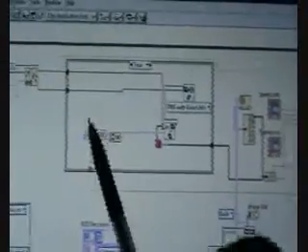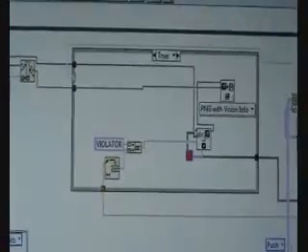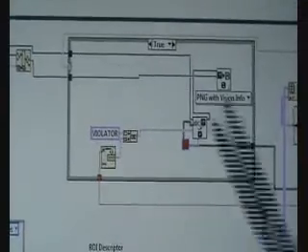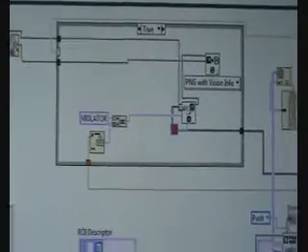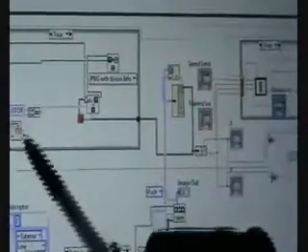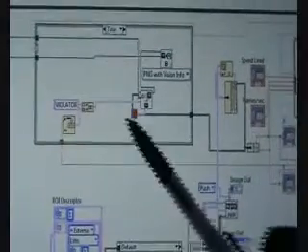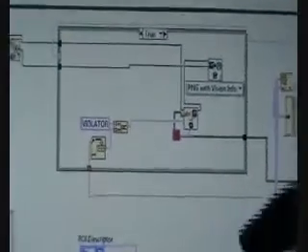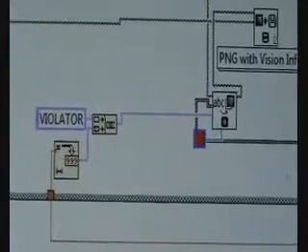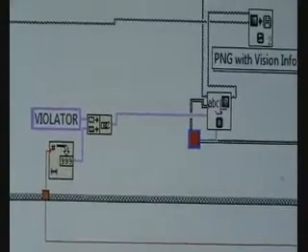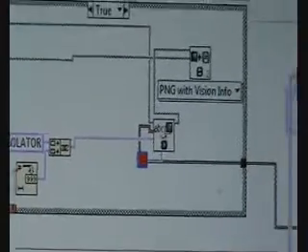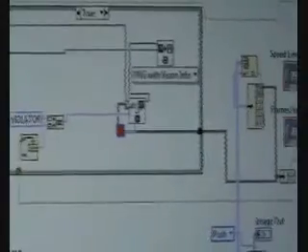That Boolean true will trigger this case structure, which stores the image. The speed is sent to the case structure, which is converted. It's a decimal to string converter, and that is concatenated with a string, so that on the image it is printed. It is clearly indicated who is the violator and what is the speed at which he has violated. Thank you.